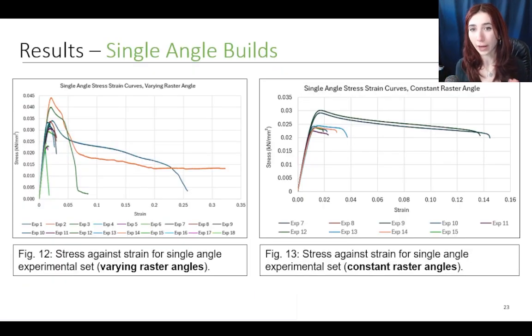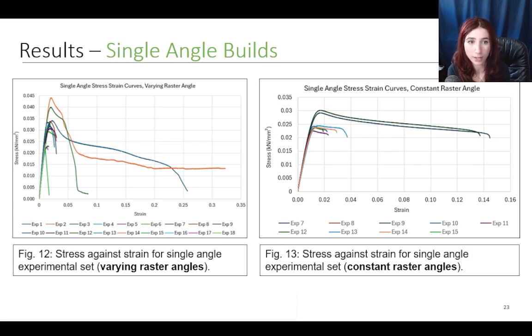Here are two graphs summarizing our stress strain curves for these single angle builds, where the one on the left includes varying raster angle builds and the one on the right is constant raster angle. What we can immediately pull out of this graph is that with varying raster angle, we get varying stress strain curves. And keep in mind, this is pretty eye-opening considering it's the same material. All the way down to the angle you fill in each layer, you can customize the performance of a part. And that would make sense because your voids would vary depending on how you're able to fill in that layer